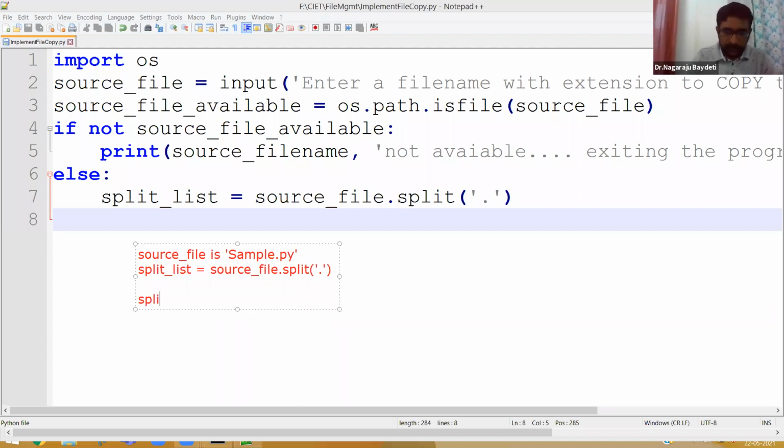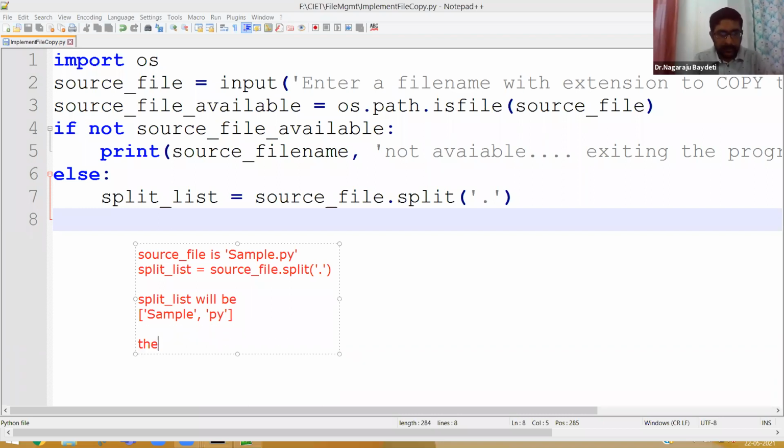Now split list will be a list with sample comma py. Basically it will split the file with the dot character. I have given split with dot. So sample dot py, sample will come, py will come.